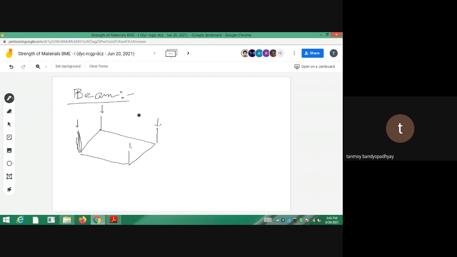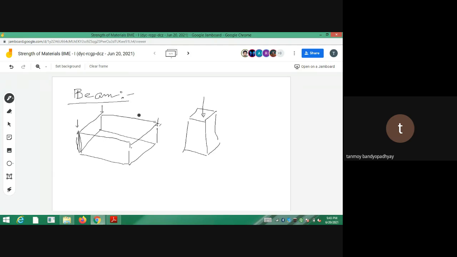If you consider a column, which we'll be studying later on, suppose this is a member, and in structural application it is always placed in a vertical position. Whenever this is placed in a vertical position and an axial compressive load is applied on it, that is known as a column. And what are beams? Suppose these are then joined using some horizontal members. These are the horizontal members that are joined on the columns.